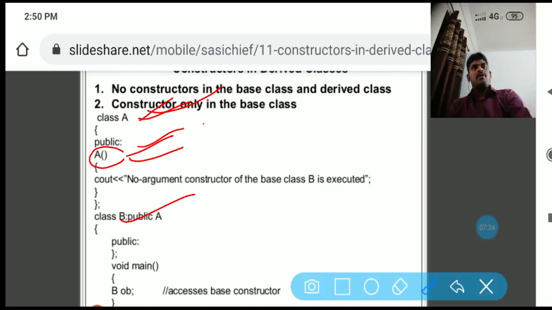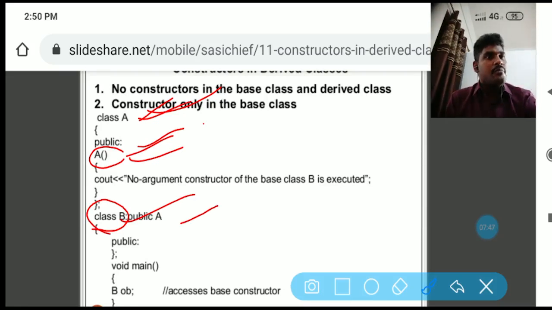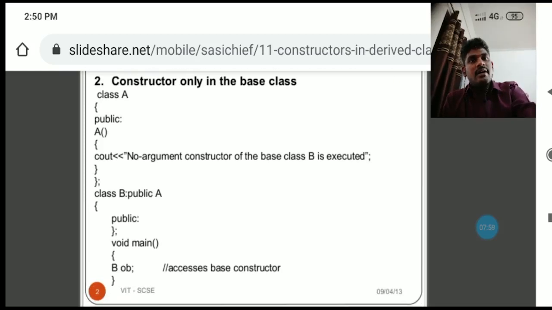Now we are going to derive one more class, called the child class. Here class B is the child class, so you are deriving from base class A. After that we declare the class B, and then we create the object. What is the object here?